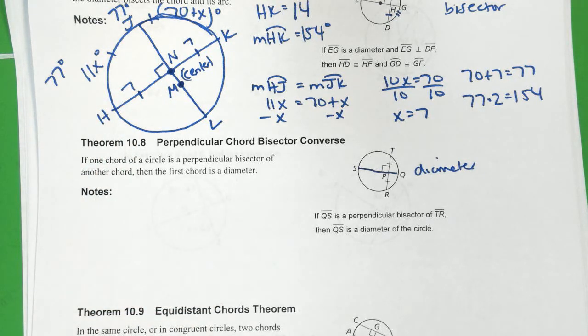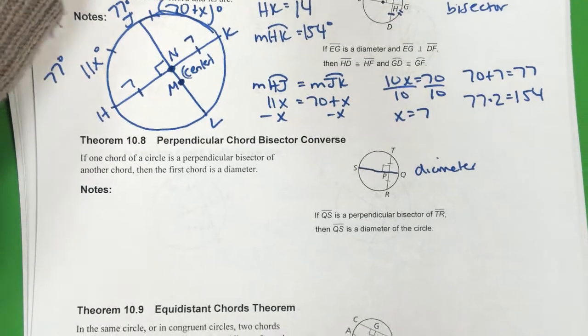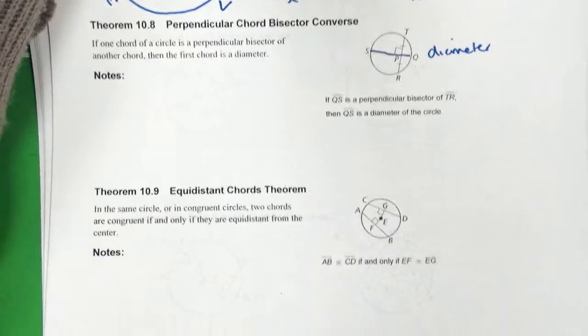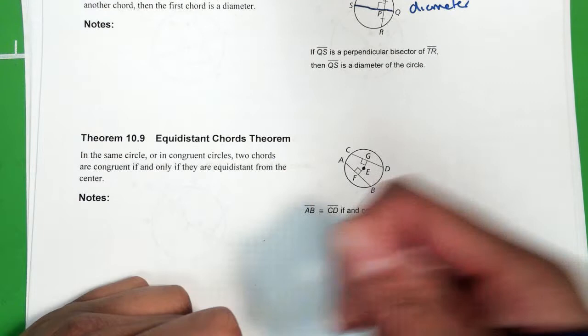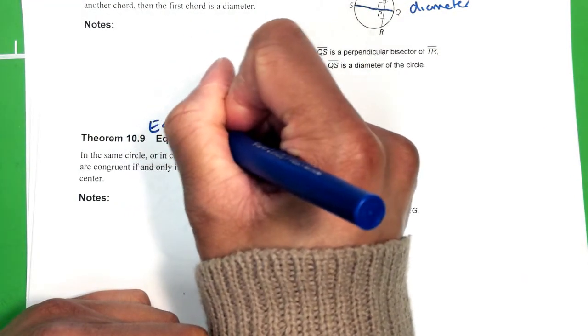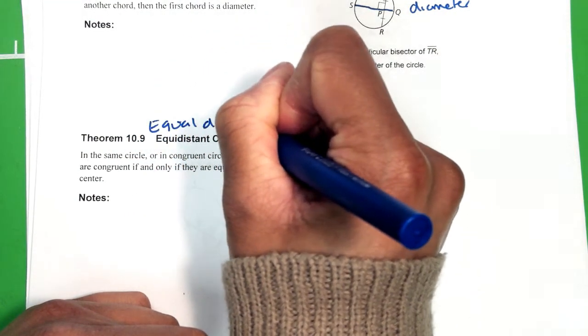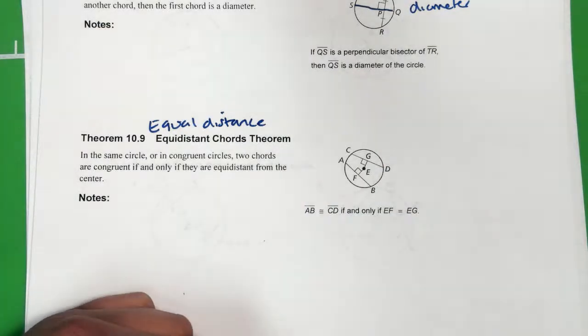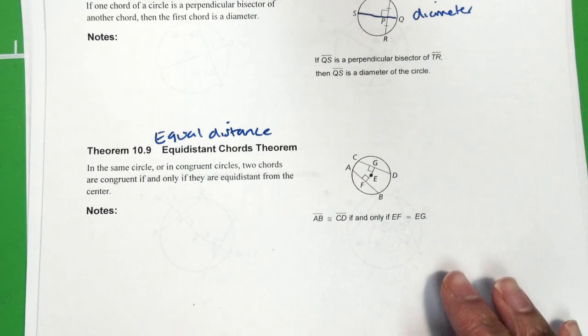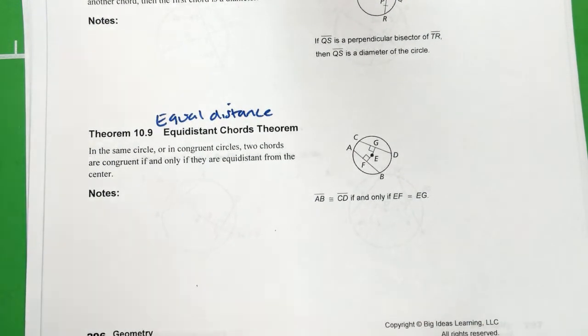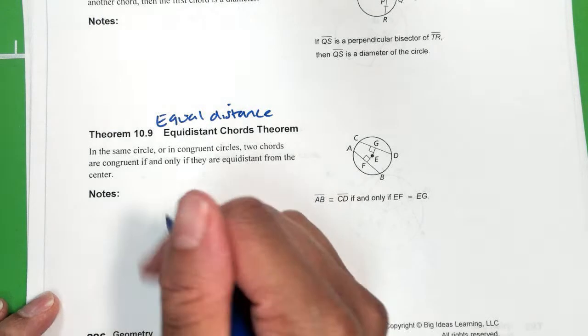But let's go on to our next one, 10.9 theorem, which is the equidistant chords theorem. And remember, equidistant sounds very much like equal distance. And so, in the same circle or in congruent circles, you have two chords are congruent if and only if they are equidistant from the center. So, for example,